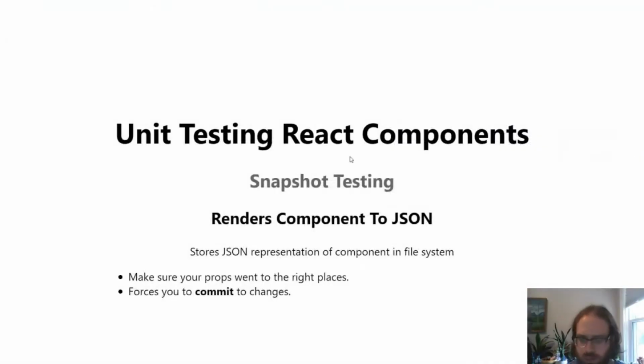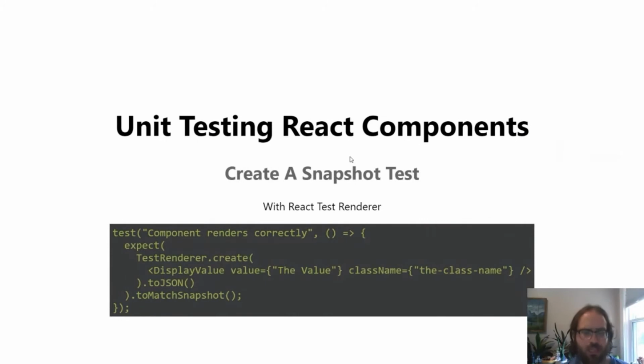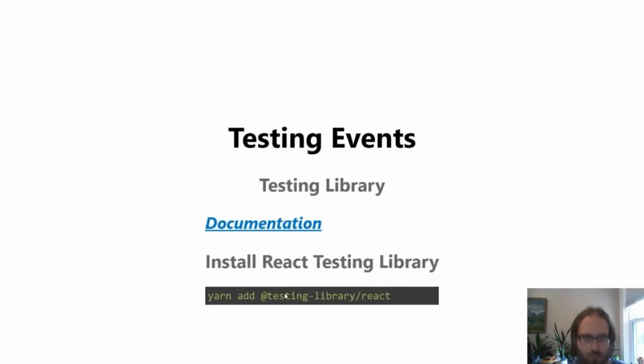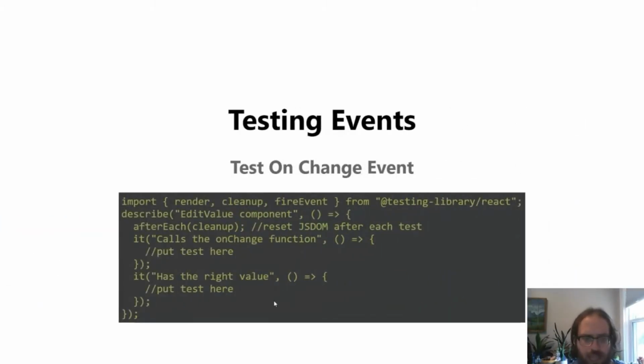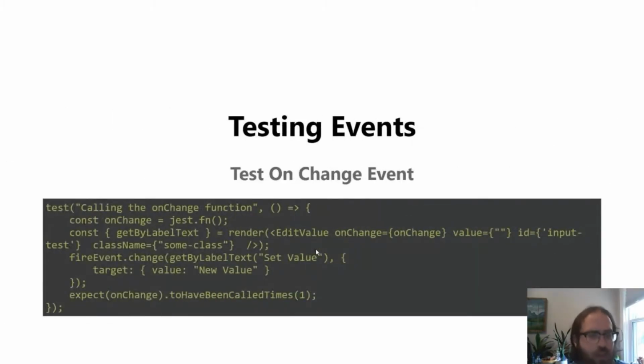So let's go back to the browser here. This is what it looks like with React Test Renderer again. We just do something that looks very much like how we use it, and we're just in our application. Everything else, let's use React Testing Library, because it can do that, and it can also do these kind of what happens when we call these onChange functions. When we try and change the value, do we get this, and do we get the right values applied to